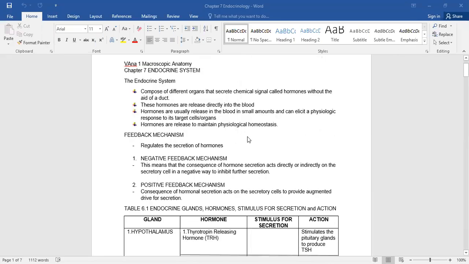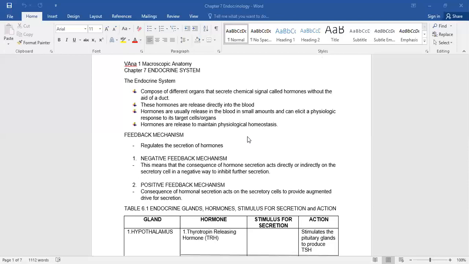So this is an adjunct chapter for the nervous system, the endocrine system. I decided to include this because in the older curriculum, particularly in your 5th year, second semester, there's a subject called endocrinology and reproductive physiology. And you will be discussing there the different endocrine glands and the different diseases that are associated with